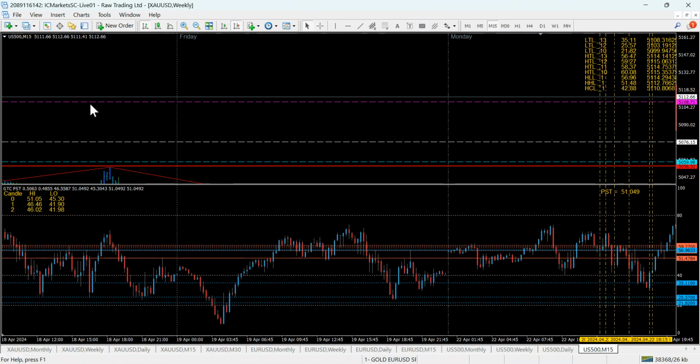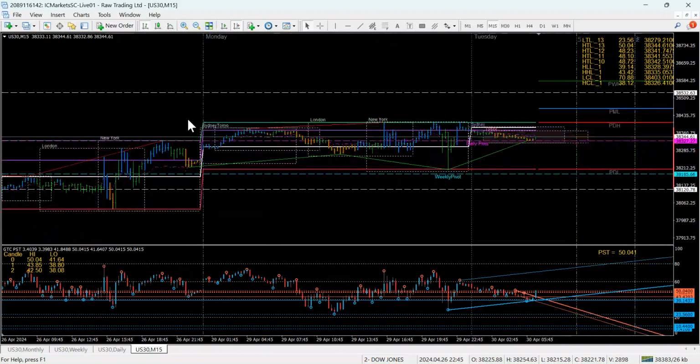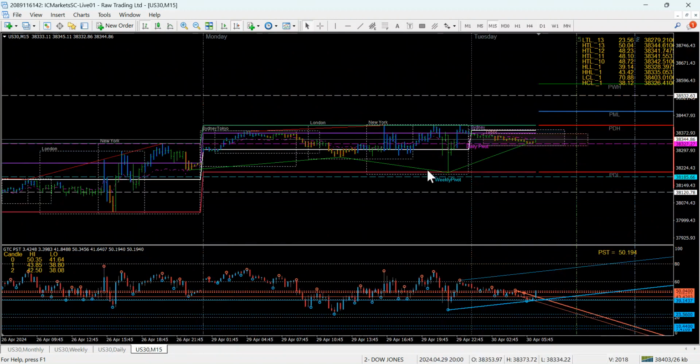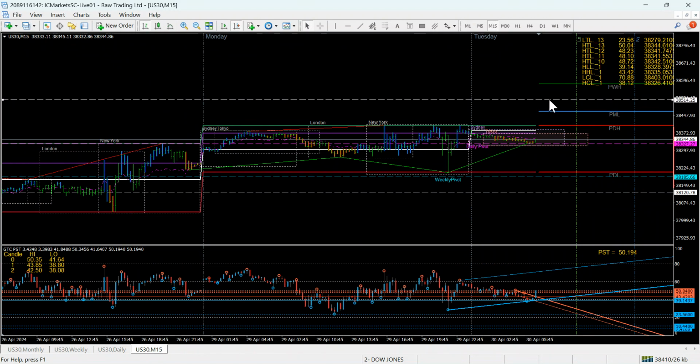Dow Jones. Now Dow Jones got swing day on Tuesday, all right, which is today. And let's see if we've got anything on Tuesday. Now the daily chart shows us the resistance at 38,514, so slightly lower than yesterday. So coming up here and then coming back down is good. So if we get back into the range below the high of yesterday quickly, then selling is an option. On the daily,